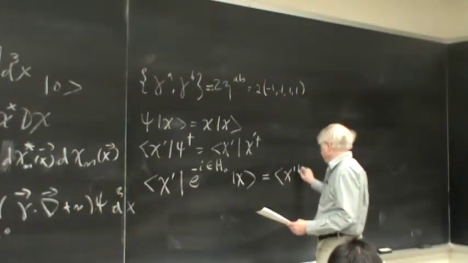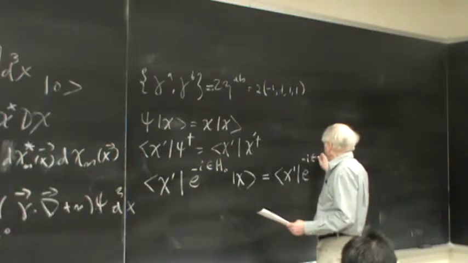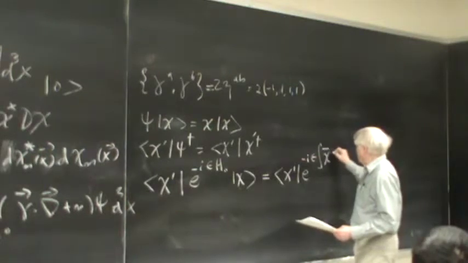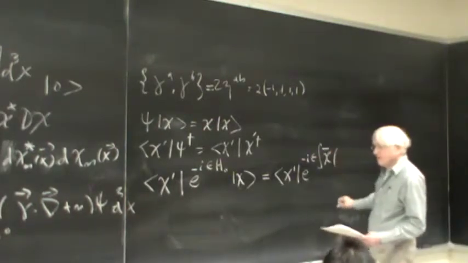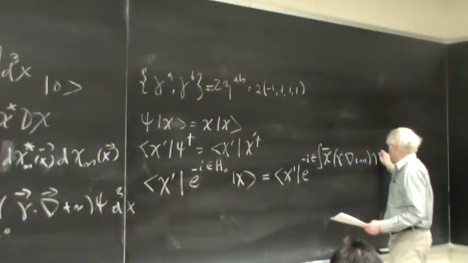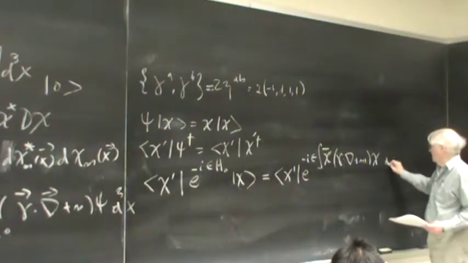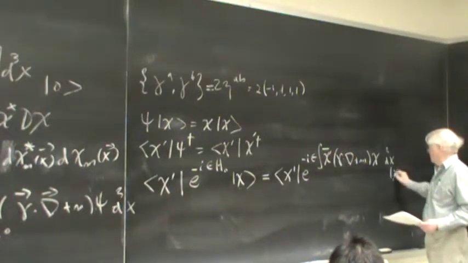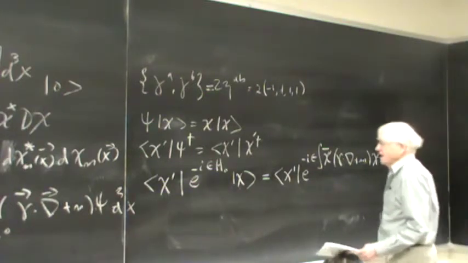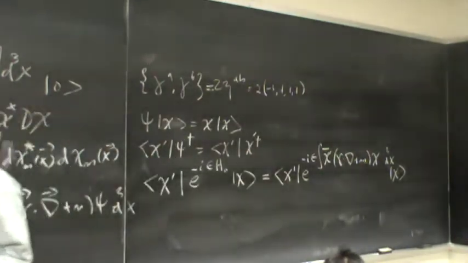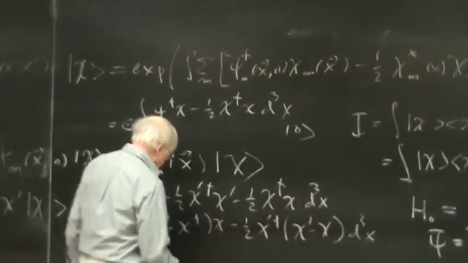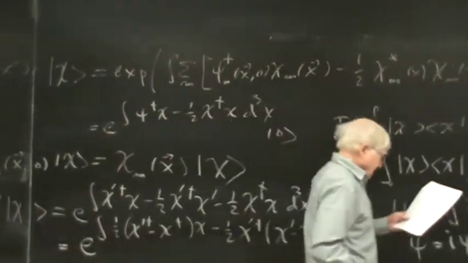It's chi prime e to the minus i epsilon, and now I'm just going to rewrite this as chi bar prime (gamma dot grad plus m) chi d cubed x. So in other words, we replace the operators with their eigenvalues, and now we're going to write the inner product chi prime chi of those two coherent states. I'm going to write it in this funny way,